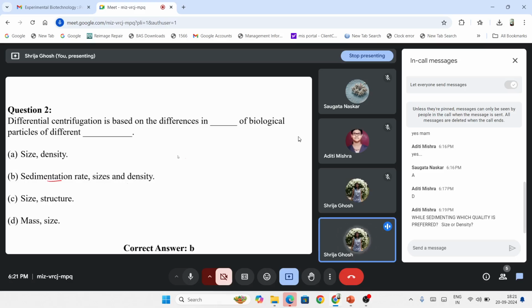Size will affect because if the size is bigger, a lot of times in cellular components it is also denser, but it's not always the case. You can have a vesicle, let's say. A vesicle could be bigger in size, but since it's hollow inside, it's just a membrane blebbed out of the cell, it can have a higher size as compared to other organelles, but it would be lighter. It would have a lesser density than